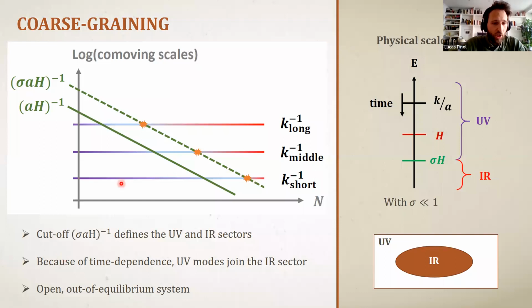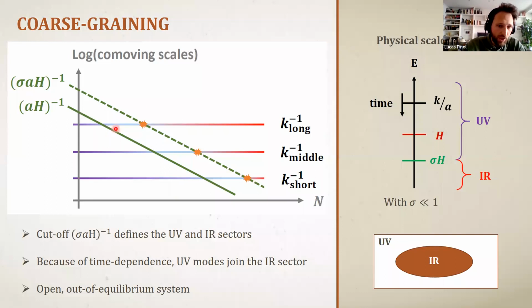So let's go back to this plot of the evolution of scales during inflation. This green plain line is still the co-moving Hubble radius. And the point is that scales cross this co-moving Hubble radius at some time that depends on their actual wave number. What we would like to do is to define our UV and our infrared sector. And for this, we'll have to define a cutoff, okay? And actually, since this co-moving Hubble radius is the only scale that we have at hand during inflation, we must define it with respect to this horizon scale.